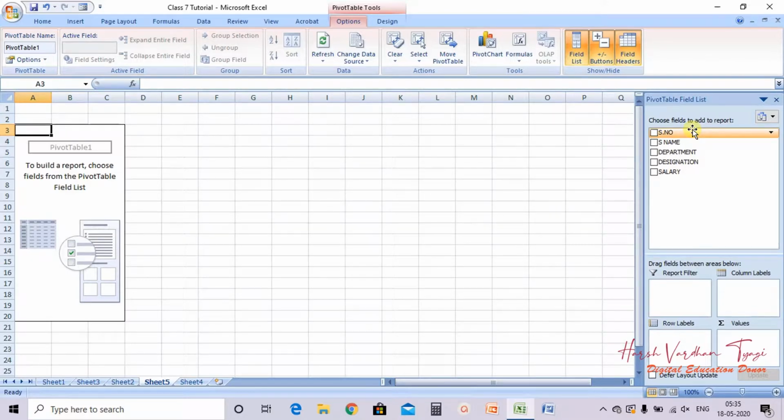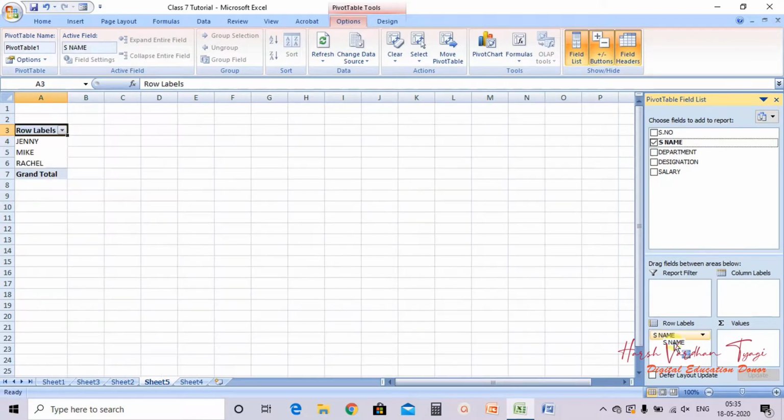Suppose we want the names. And where we have to put it? Here, row labels, name.